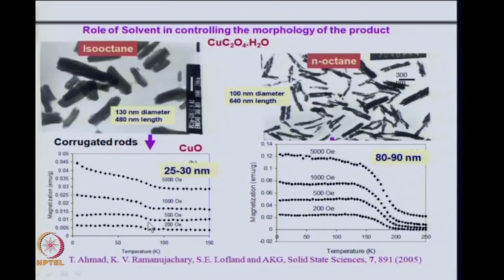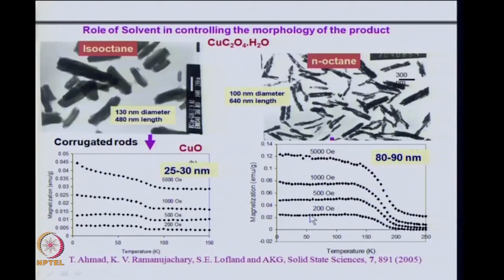So, this is an example of how the size can be controlled through the oxalate precursors, and that difference in size, 25 nanometers and 80 nanometers, will bring about a difference in the magnetization, which is plotted on the y axis